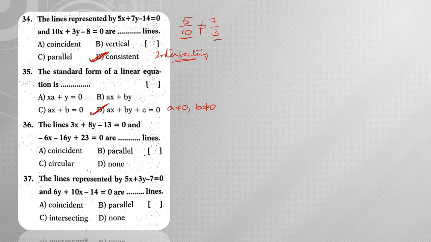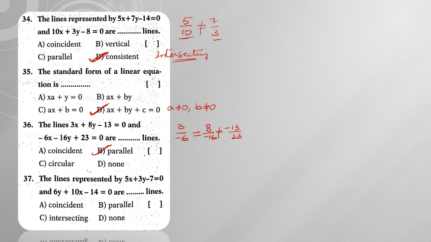Next, the lines 3x + 8y - 13 = 0 and -6x - 16y + 23 = 0 are... So let us check. 3 by -6, 8 by -16, next -13 by 23. If you observe, 3 by -6 is -1 by 2, 8 by -16 is -1 by 2, that means these two are equal. -13 by 23, since both are prime numbers we cannot cancel them, so clearly these two lines are